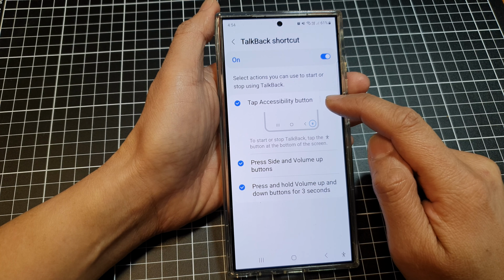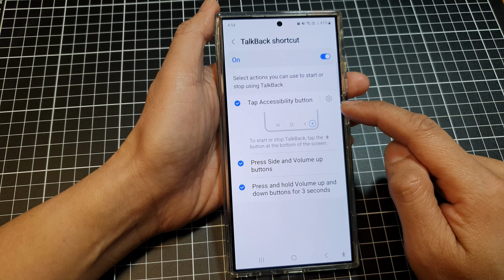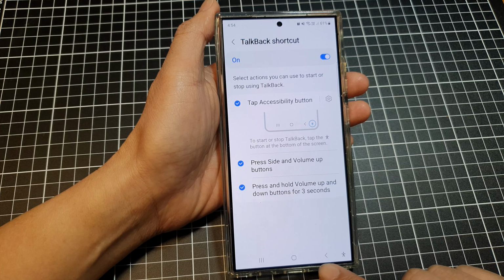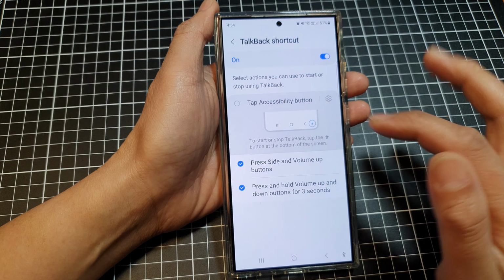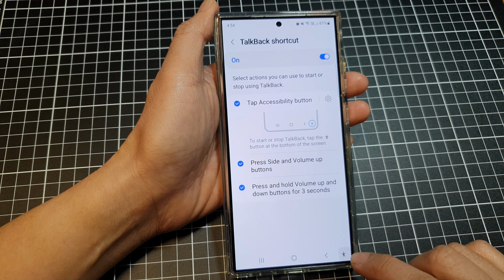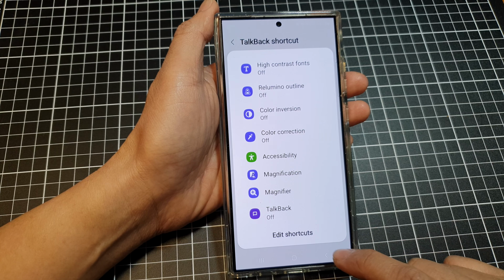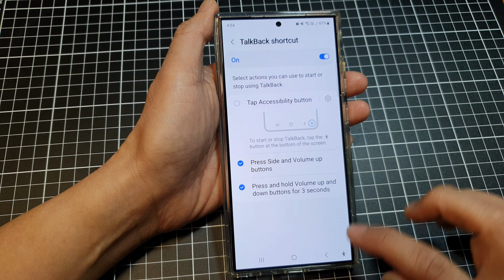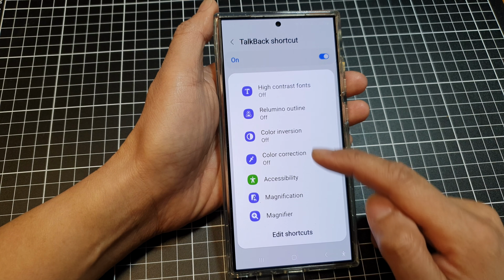Tap accessibility button. That is the button down here in the navigation bar. So if we turn on, that will be added to this shortcut down here. So we got Talkback. And if I switch it off, you can see it will be removed from the accessibility